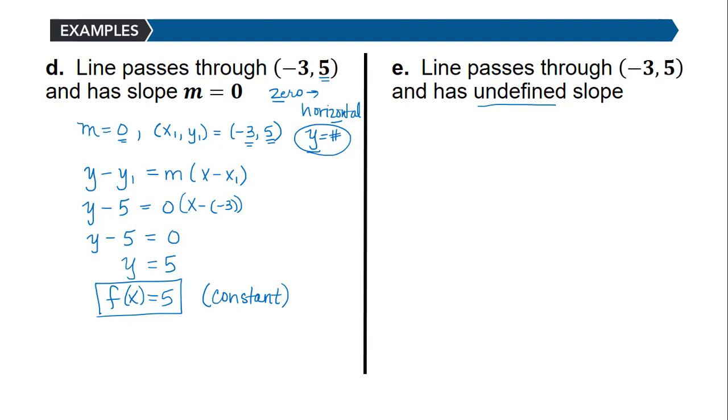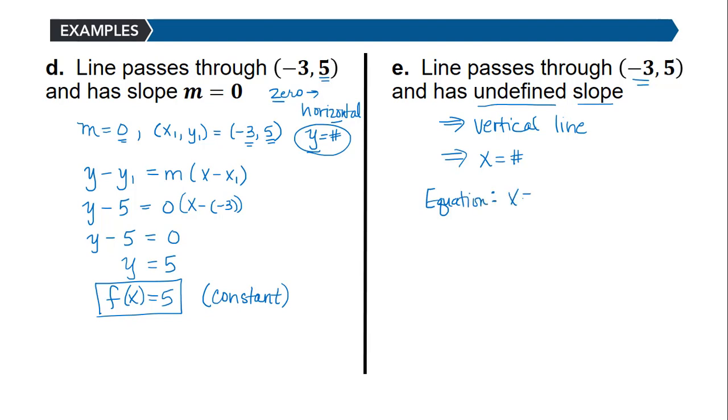Remember that an undefined slope corresponds to a vertical line. And a vertical line is always of the form x equals a number, and it is x equals the x value of the point that you're given. So for a vertical line to go through (-3, 5), the equation will be